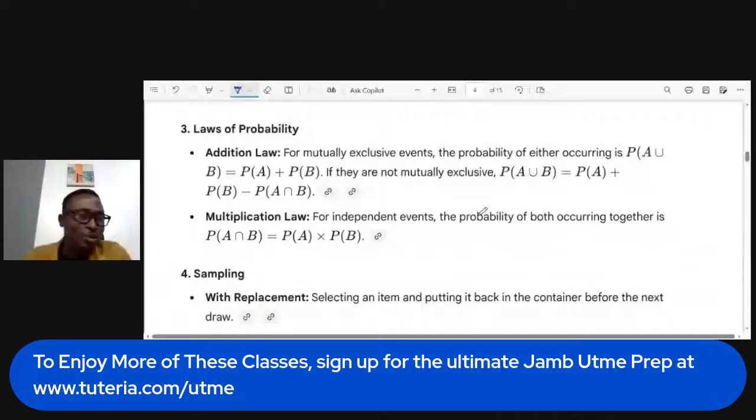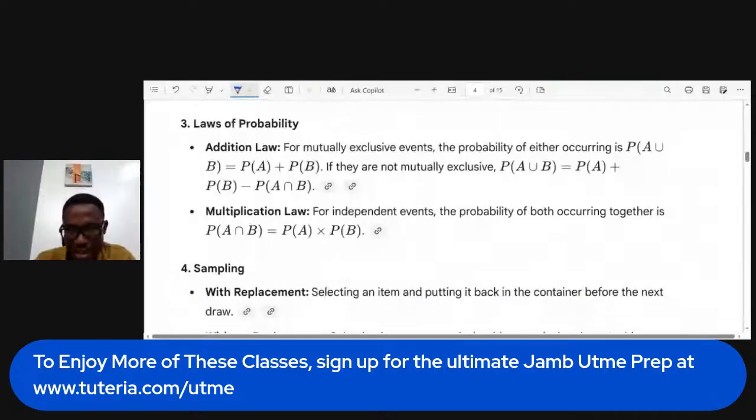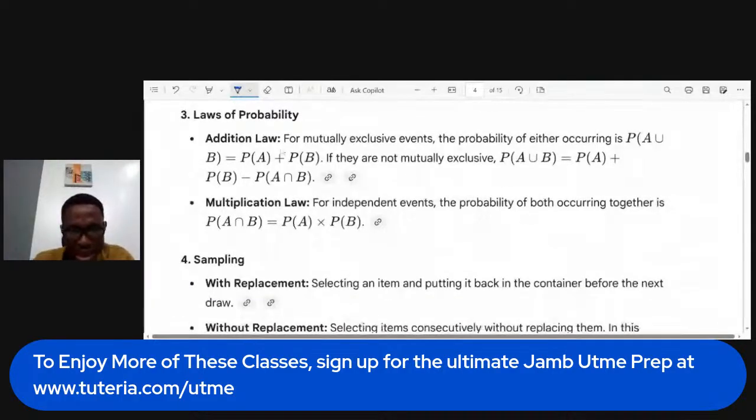All right. So laws of probability. The first law we'll be mentioning is the addition law of probability. Addition law of probability is simple. If I say the addition law of probability, what I'm saying is for mutually exclusive events, don't forget what we said about mutually exclusive events, they can't occur together. The probability of either one occurring or the other occurring is what we call P of A union B. So A union B in probability is saying probability that A or B will occur. You see these notations, right, often in sets, but they occur also in probability, right?